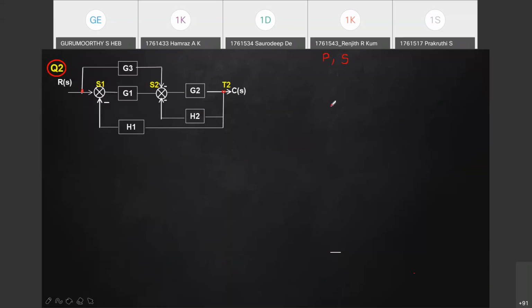You have to see the arrow mark, two blocks. Now you may say that G3 and G1 are in series. That cannot be because in between summing point is there. No summing point, no takeoff point must appear in between. If I join here G1 and G3, then you can say G1 and G3 are in parallel. But this is not there. It is taken before the summing point. So now your answer for parallel and series arrangement, do you find anything in this problem directly?